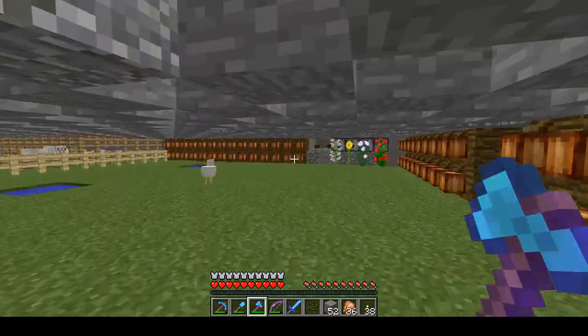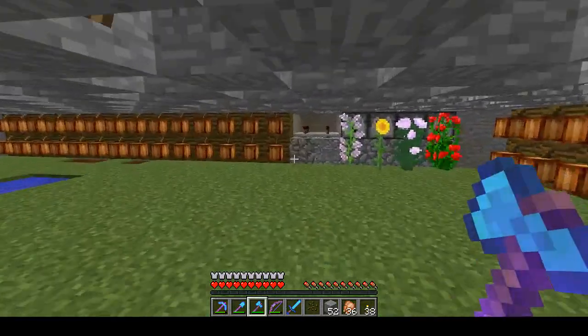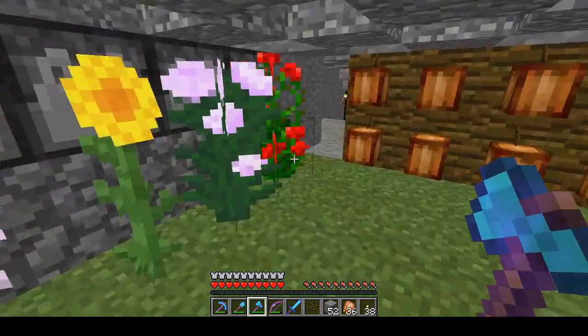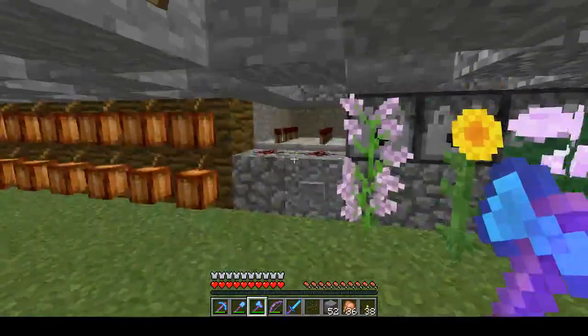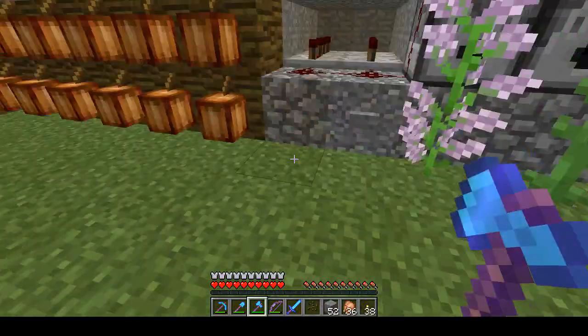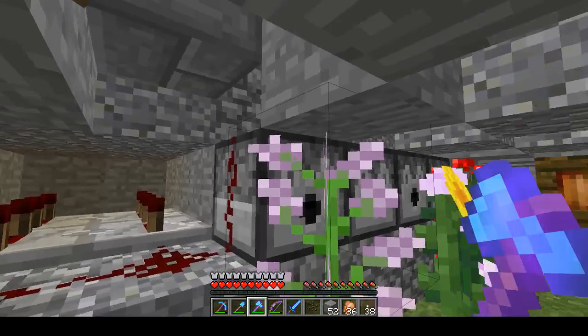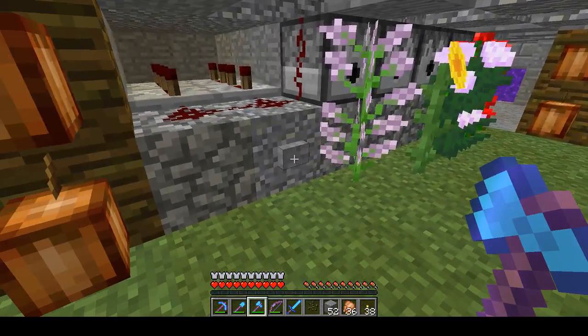This is neat. This is like an automatic dye maker. Any flower that's too tall, and these are all the flowers that can be too tall, if you hit them with bone meal, they drop dye. So these dispensers have bone meal in them with a redstone line going across them. So I just hit that button,